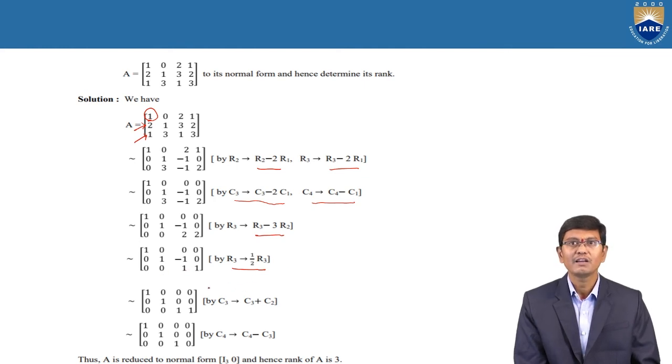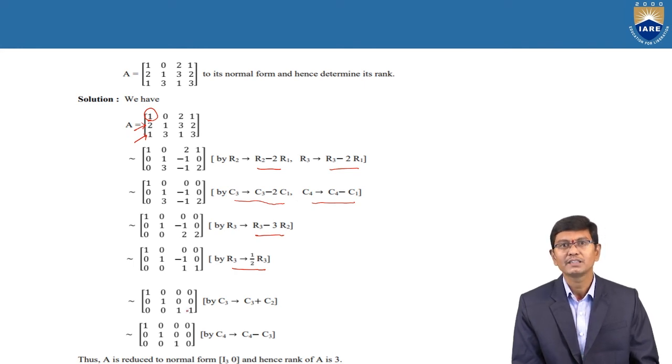And finally, while we are observing here, C3 and C4, by addition of this C3 plus C4, the values are 1 0 0, 0 1 0, 0 0 1. Finally the C4 column is not changing, 0 0 1 only. And finally once again, when we are observing this, the last two columns have the same values. Therefore we need to change it by applying C4 minus C3. Then the entire last column, the last element, is changed to 0 only.